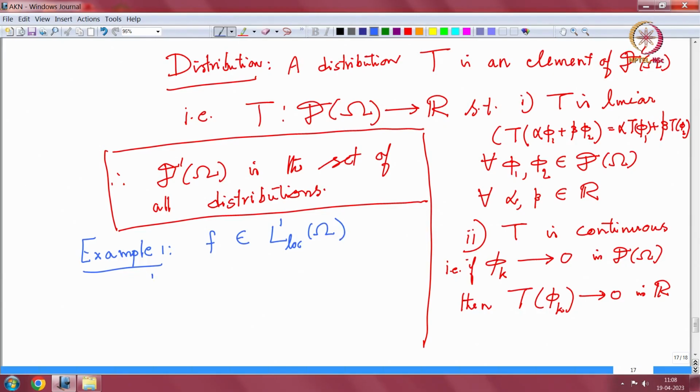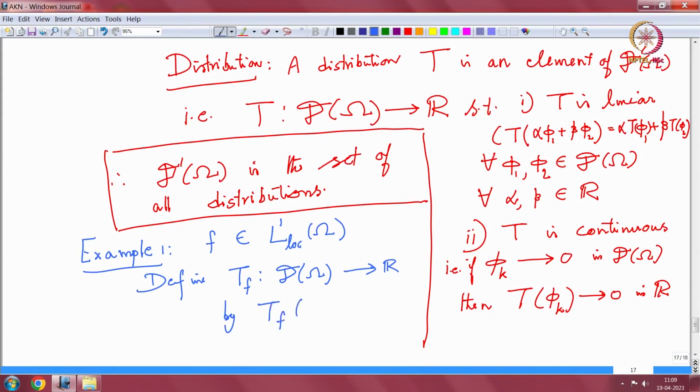So, define Tf. So, for first example I am writing everything, later I may not write each and everything, it is up to you too, but when you are studying this distribution theory for the first time, make sure that each time you write all the steps in the beginning, okay, by